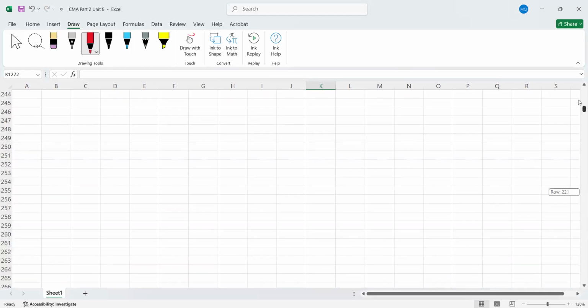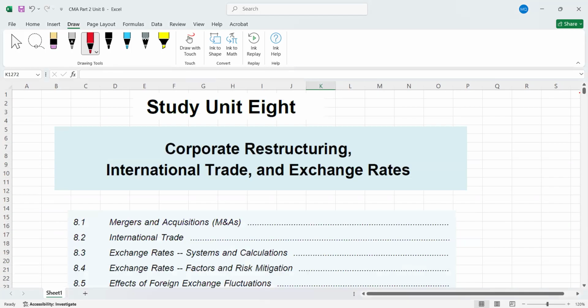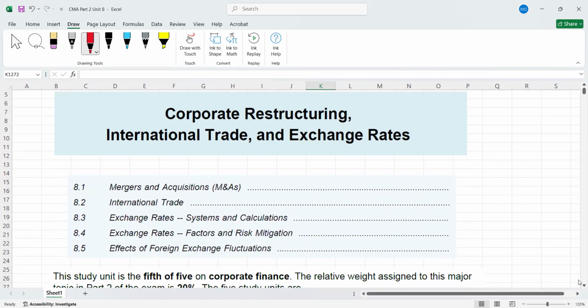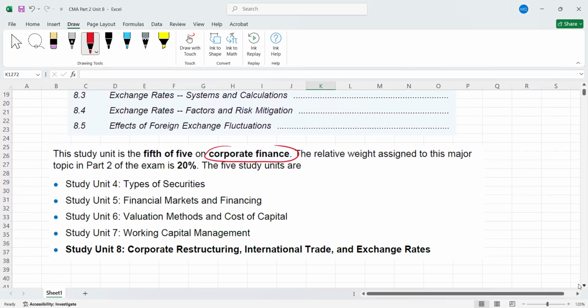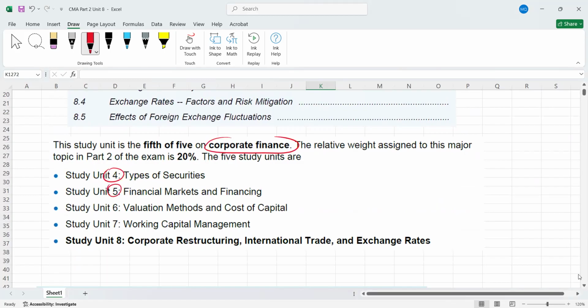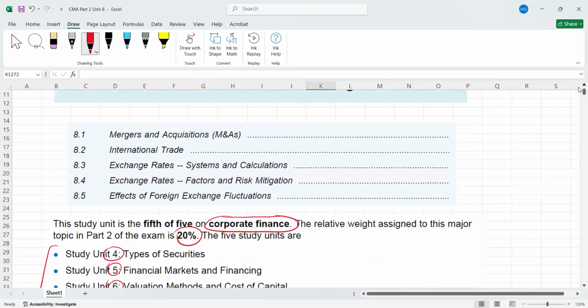Today we are going to discuss types of foreign currency risk, but let me connect the information because we are in unit number 8. In the corporate finance section we have units 4, 5, 6, 7, and 8. These 5 units are part of the corporate finance section, and it is going to be 20% of the exam. We are in unit number 8, and in unit 8, last time we